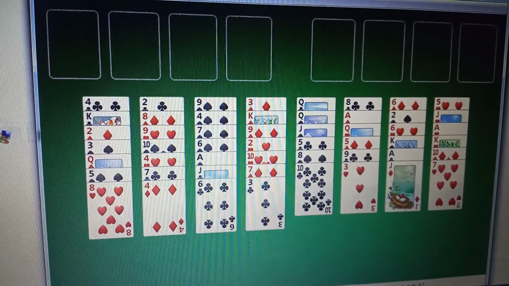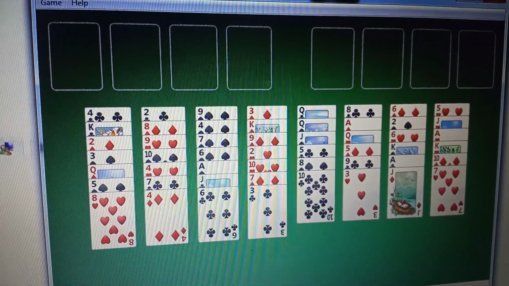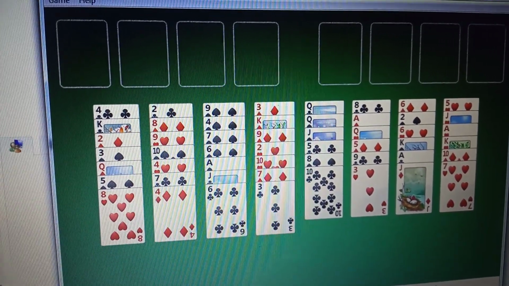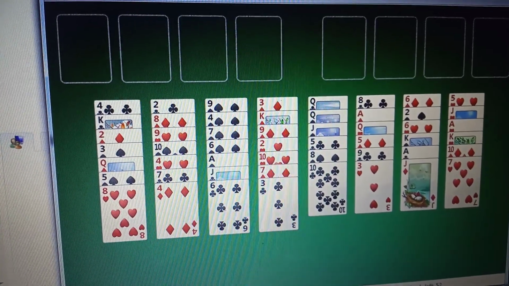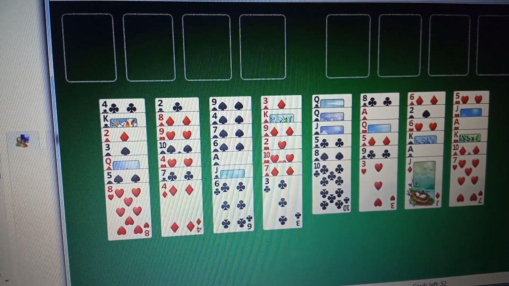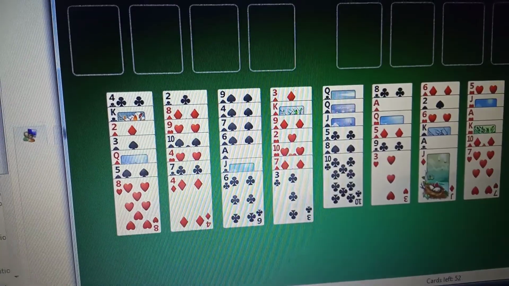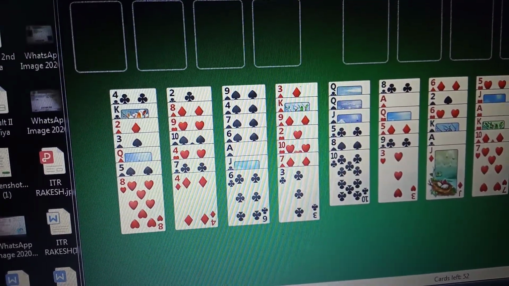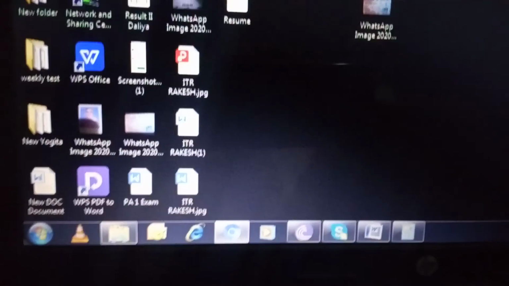Okay students, you can understand now. I will repeat it if you want. Suppose you want to play a game. First you have to click on the Start button.